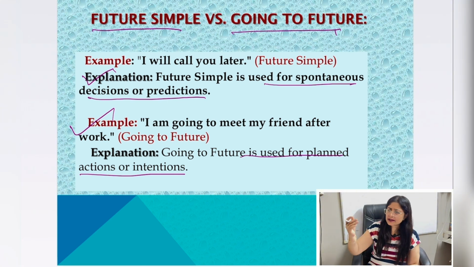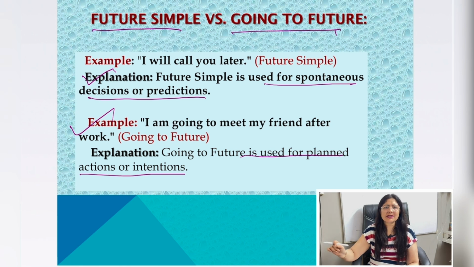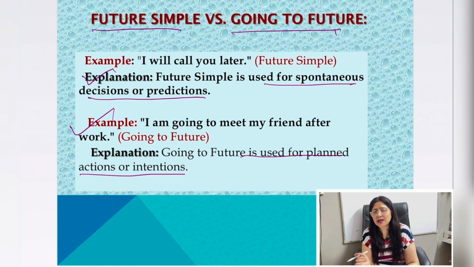The Prime Minister is coming this Saturday, so this is a fixed action, though it is happening in future, but this is a fixed or planned action. For planned action we make use of going to. So apply these tenses whether you are doing your IELTS, you have to take care in your essays, in PTE you have to see in your reading fill in the blanks, or in other exams also, and just see the functionality where you have to apply which kind of tense along with the proper rules.